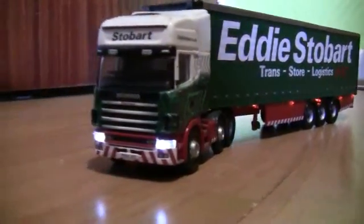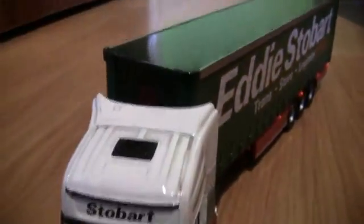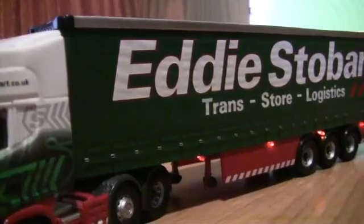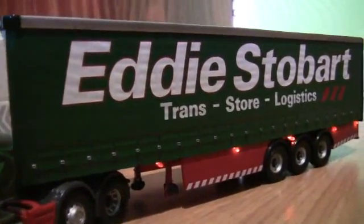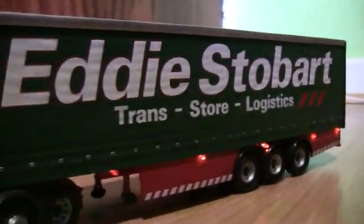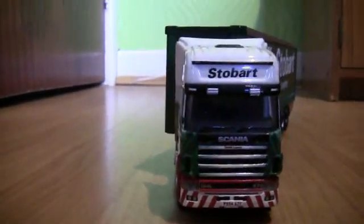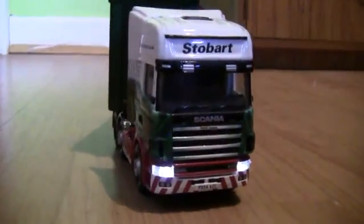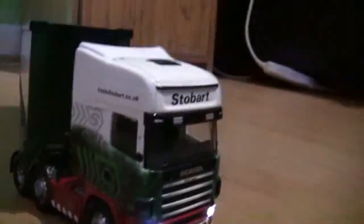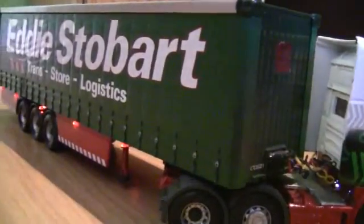So if we just bring the camera in now, the lights are all on, the receiver's just there, and as you can see, going along the length of the trailer, and I'll keep the engine running for a bit so you can hear it ticking over. All the trailer lights are on this side. So what I'll do now, I will just try and come around the other side. Right, so the engine's just gone off again. So if I just move the unit slightly, so you can see the trailer lights lit along this side,